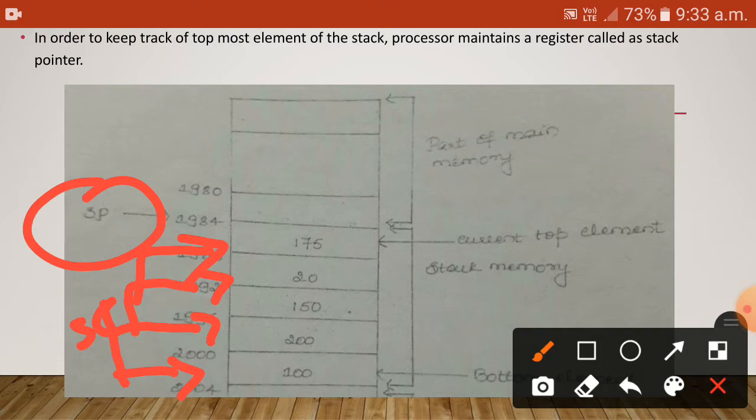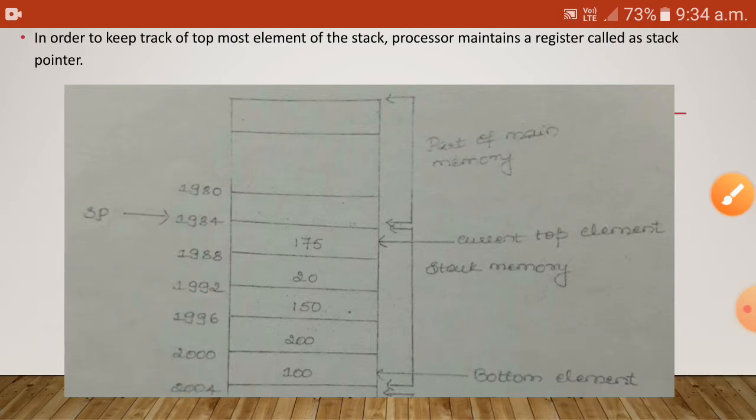To keep track of this topmost element of the stack, the processor maintains a register called the stack pointer, that is SP. So the stack pointer will always have the address of the topmost element of the stack. Okay, then